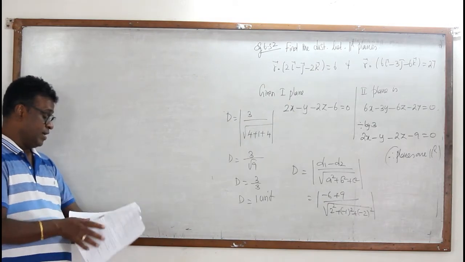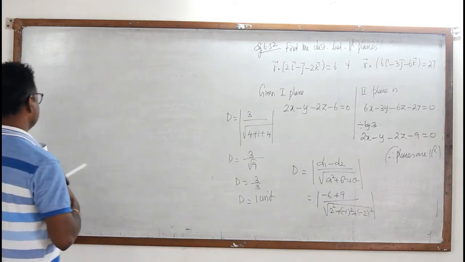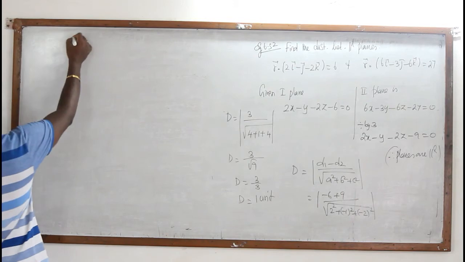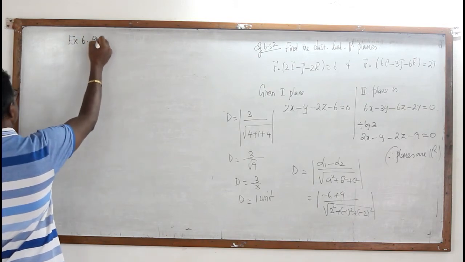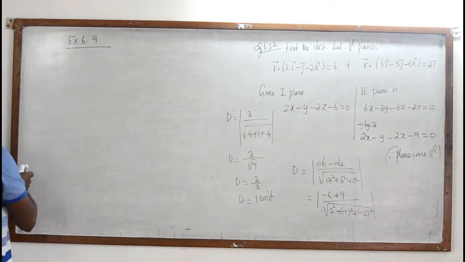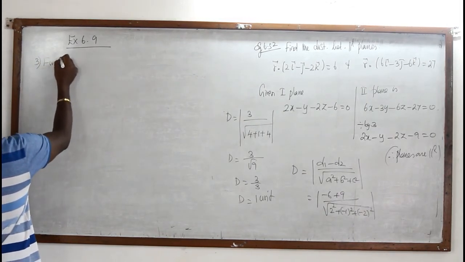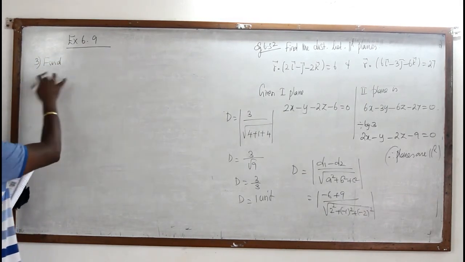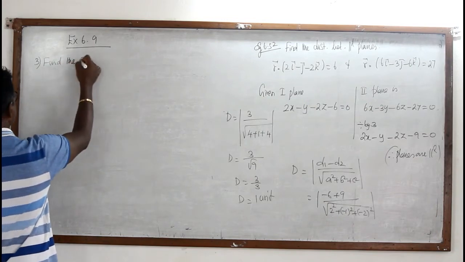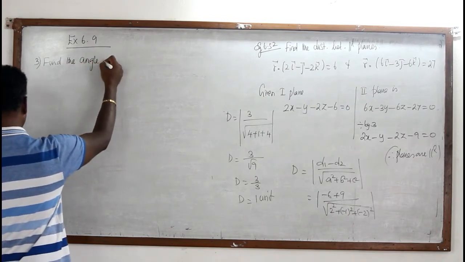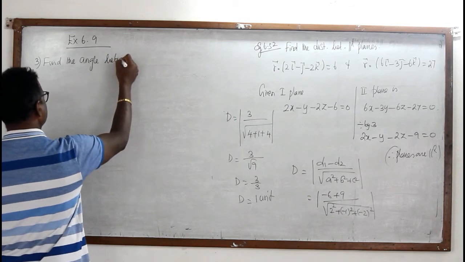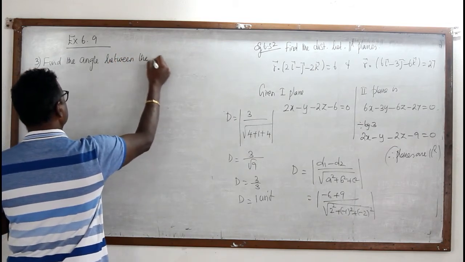That is, I'll go for problems on exercise 6.9. I'll go for problem number 3. That is, we shall do problems only of these models first. Find the angle between the line